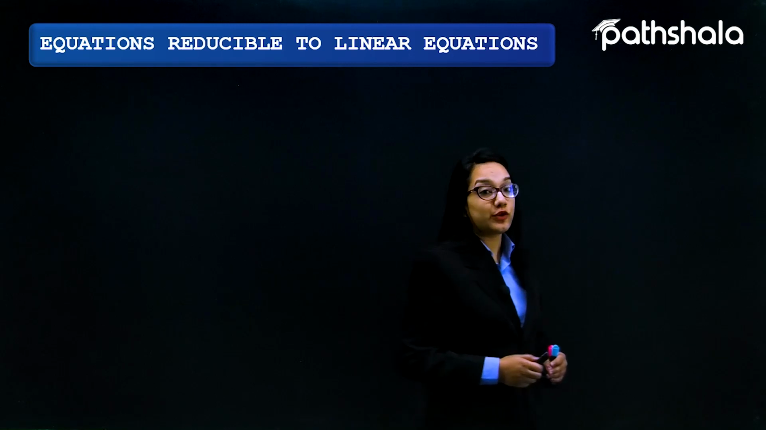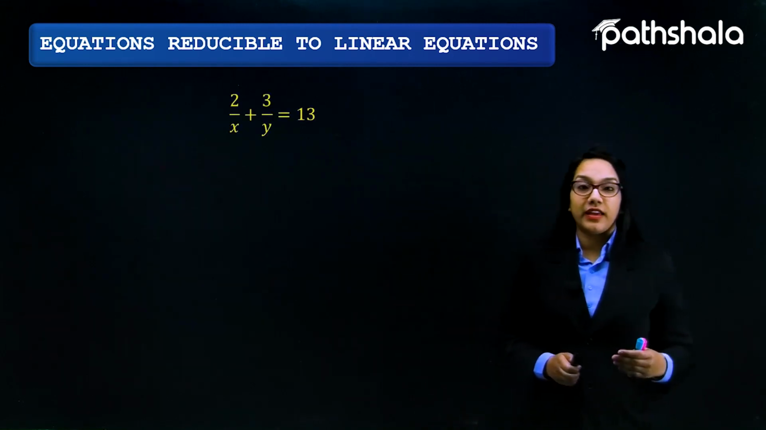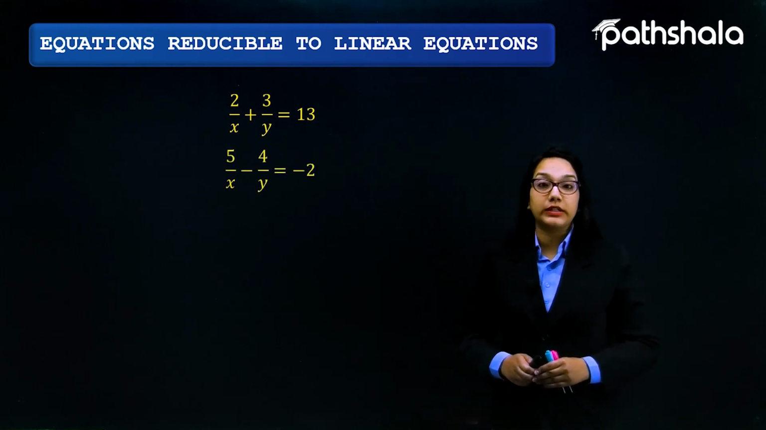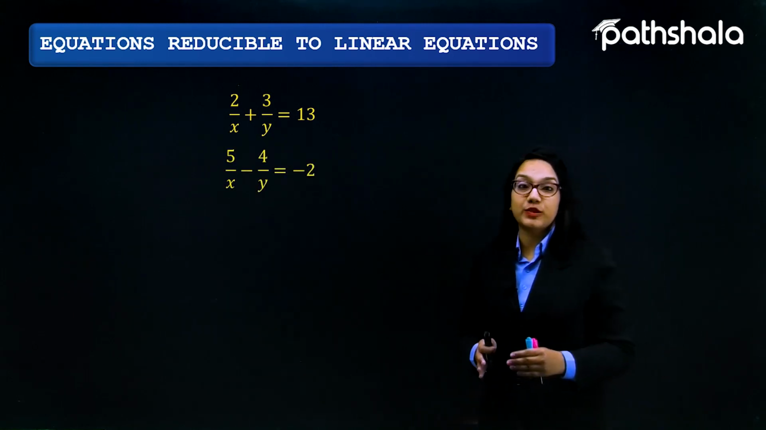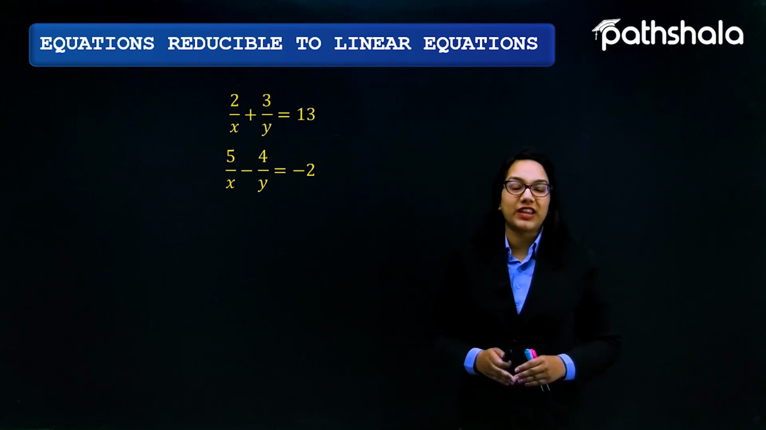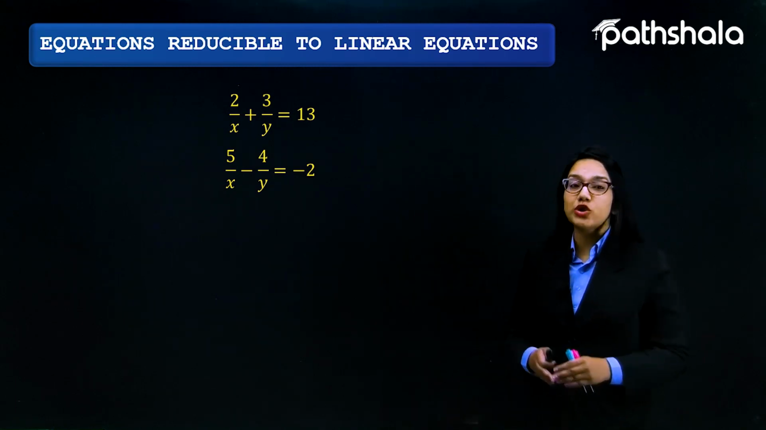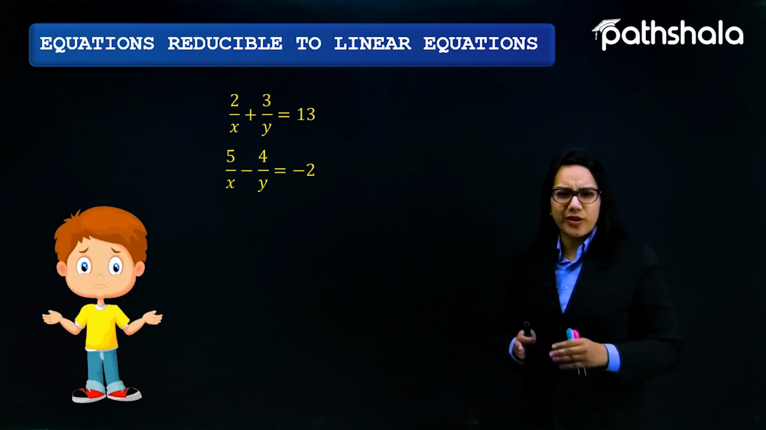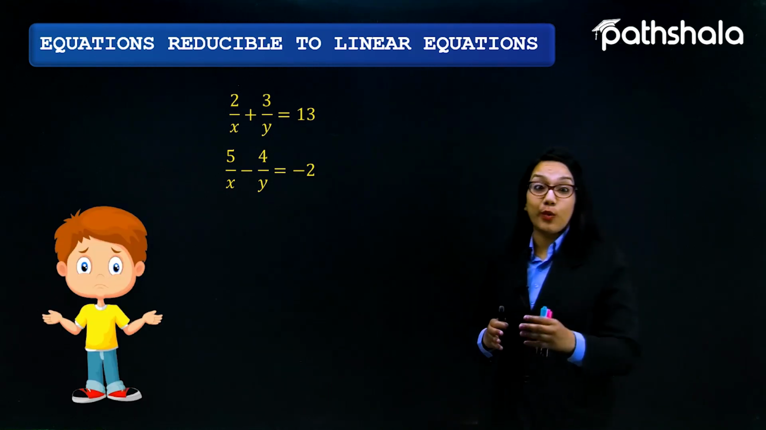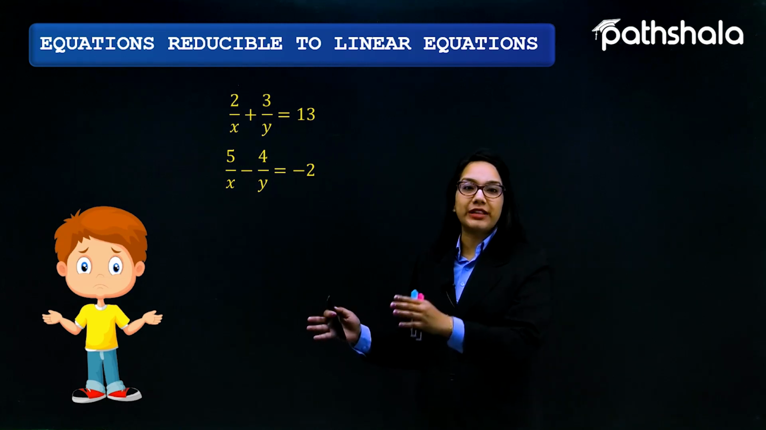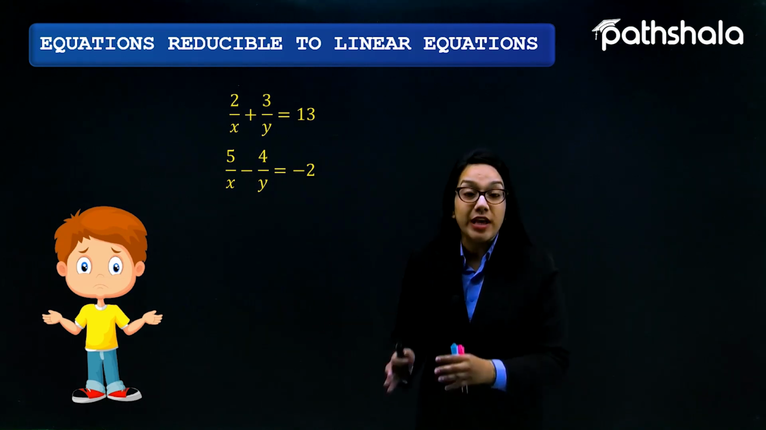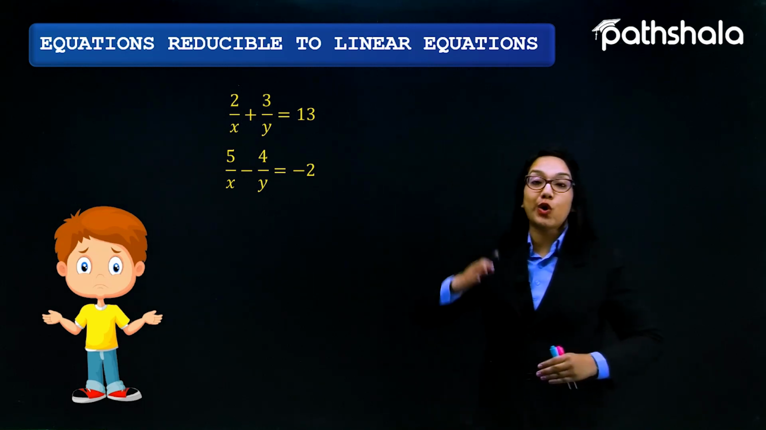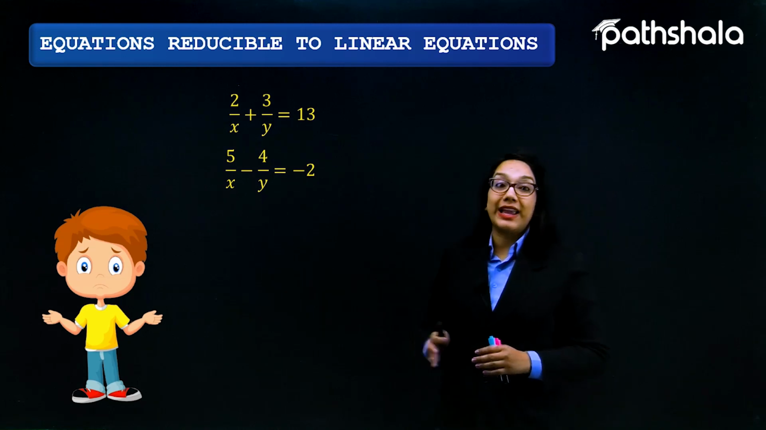So first of all, let us suppose I have the equations of the form 2 by x plus 3 by y equals 13, and 5 by x minus 4 by y equals minus 2. Now we want to solve such an equation. Is it possible to solve these equations with the help of the algebraic methods that we have done before? Yes, it is possible to solve such type of equation in